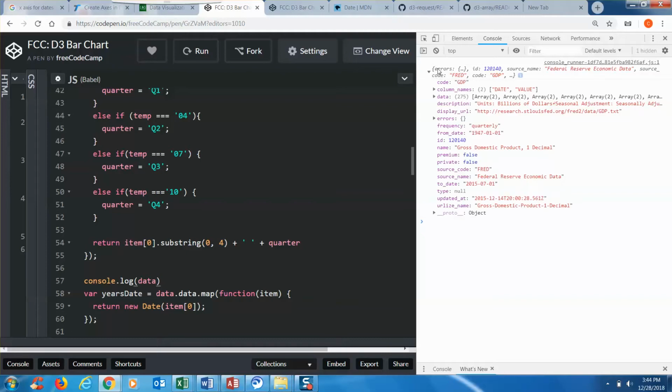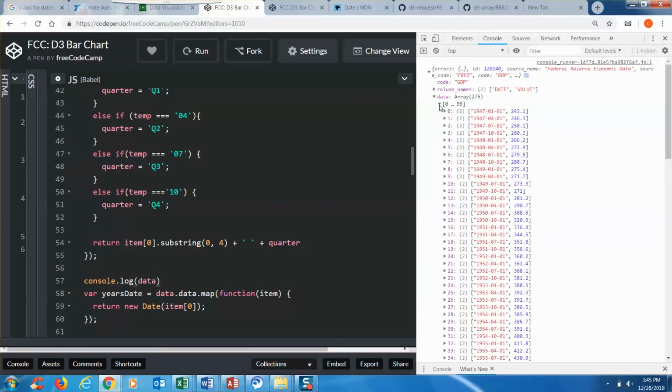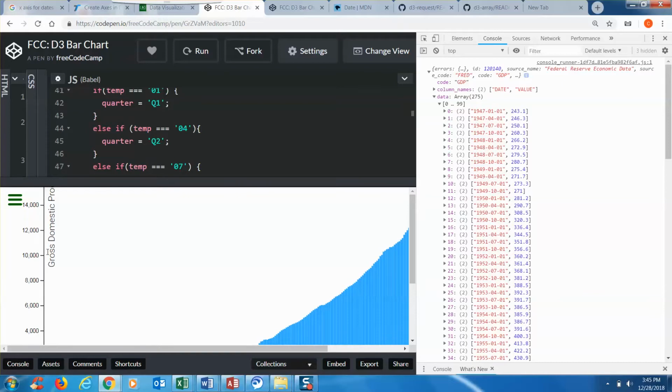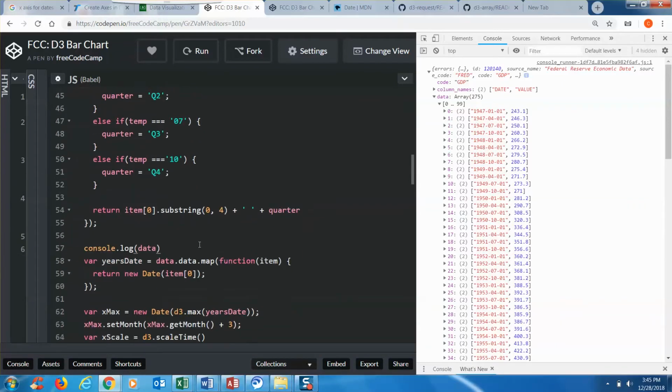And sure enough, it returned an object. So here we have this data keyword that is holding all the information that we need. Each array has a date and a number, which is the gross domestic product, apparently. Okay, so here they're getting the object, we're accessing the keyword data, which is returning all of these arrays here,